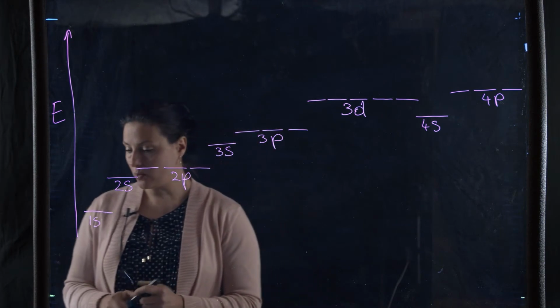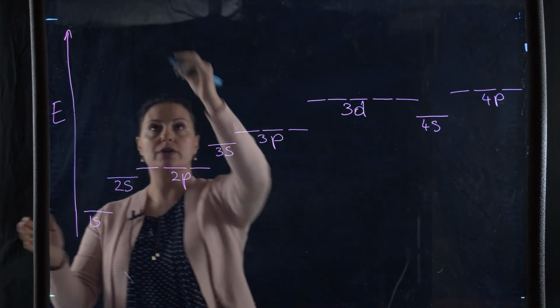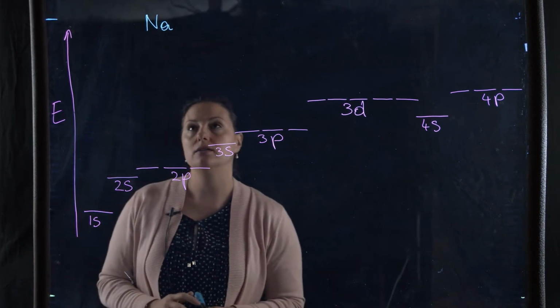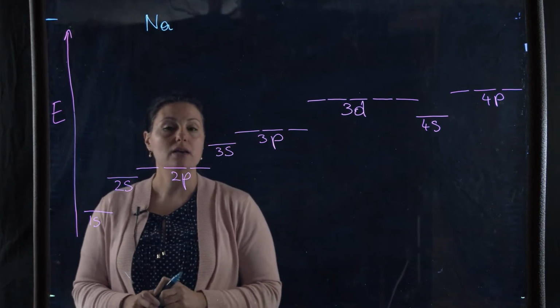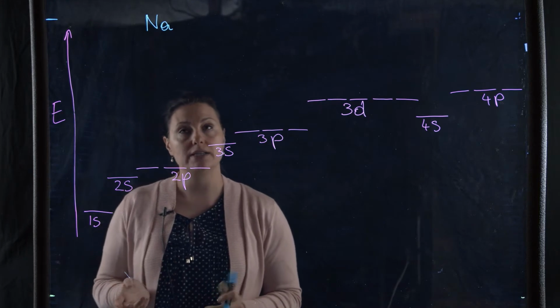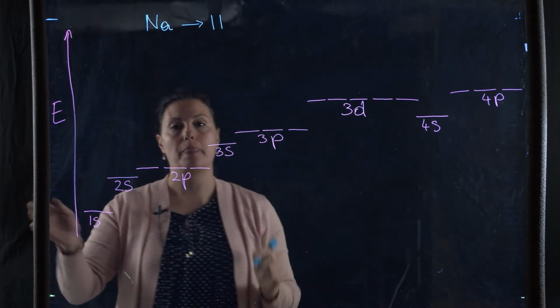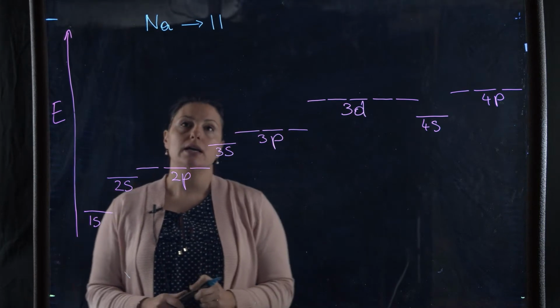So let's start with the example of sodium. Sodium, the symbol is Na, and if we look it up in the periodic table, it is element number 11. Now,